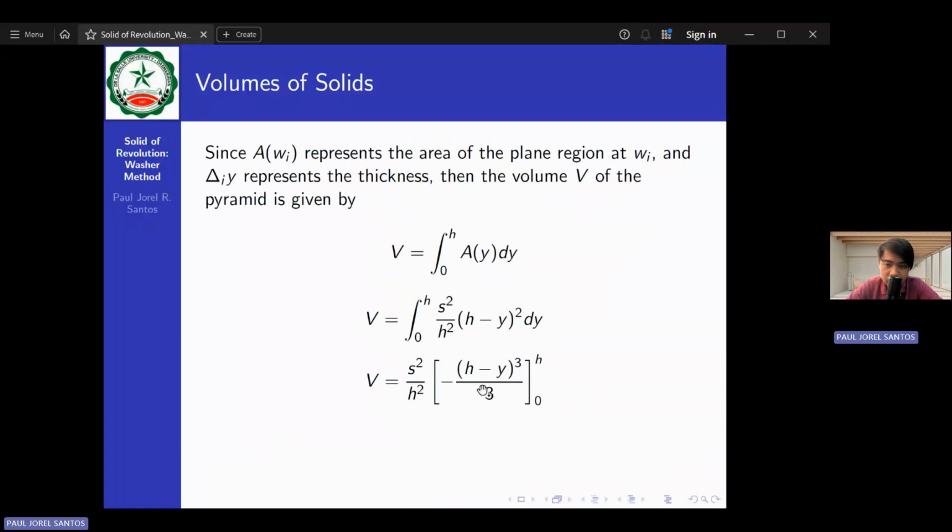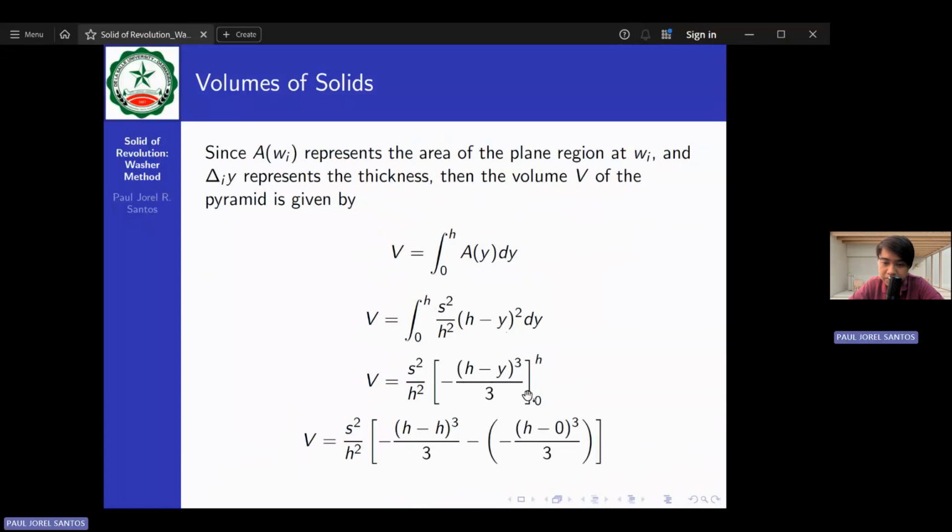We will just integrate the square of the difference of h and y. Integrating it will give us negative the cube of the difference of h and y, all over 3, from 0 up to h. We haven't removed the limits because we haven't evaluated it yet. Now, if we're going to evaluate it,